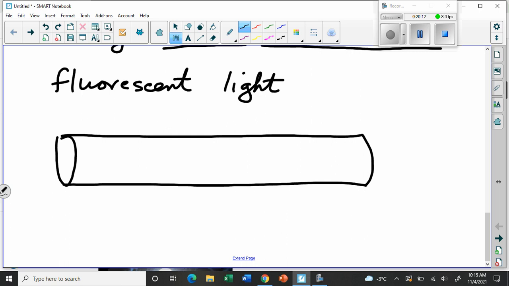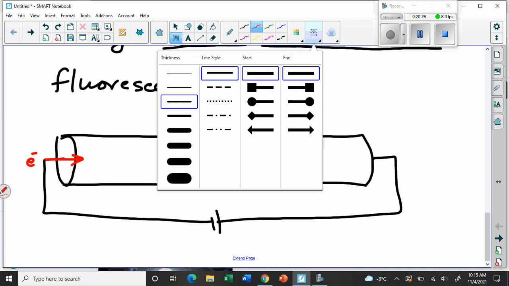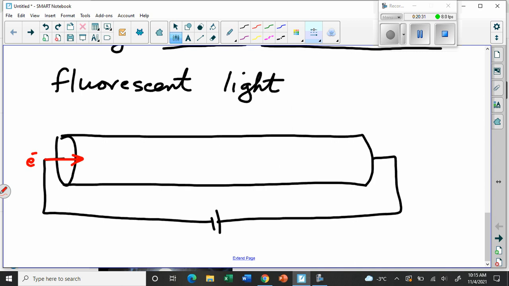And the glass tube is connected to electricity on both sides, so that electricity can flow through it. So the electrons are pushing their way around this wire into the tube, like this. Now the tube has inside of it mercury